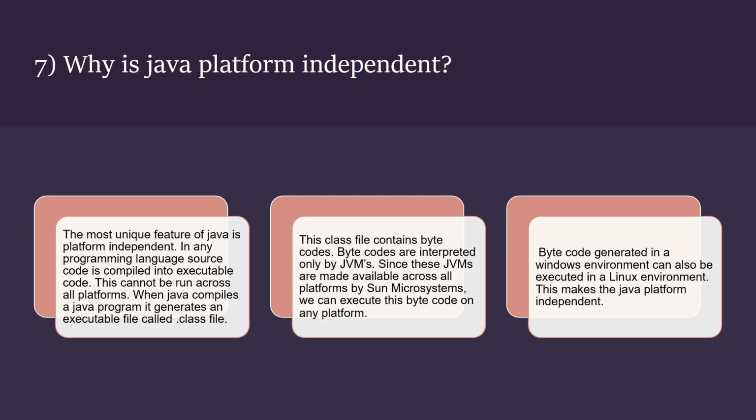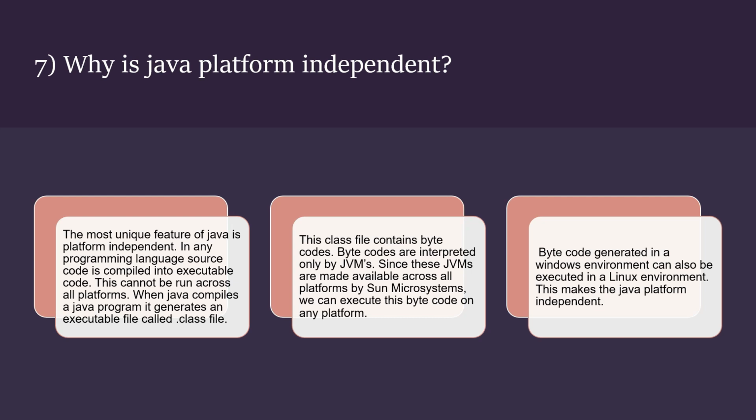Question 7. Why is Java platform independent? The most unique feature of Java is platform independence. In any programming language, source code is compiled into executable code. This cannot be run across all platforms. When Java compiles a Java